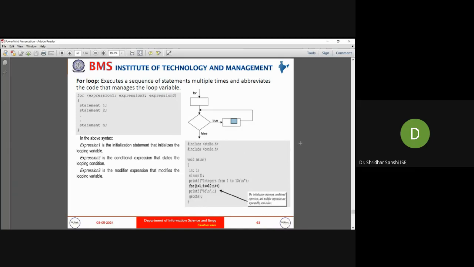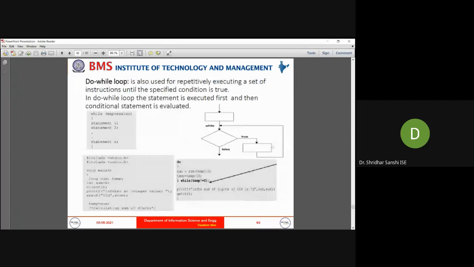After executing the instruction statements, I need to update the looping variable and check the condition again. Again, if the condition is true, I will execute. Otherwise, I will come out. So this is the flowchart of the for loop.